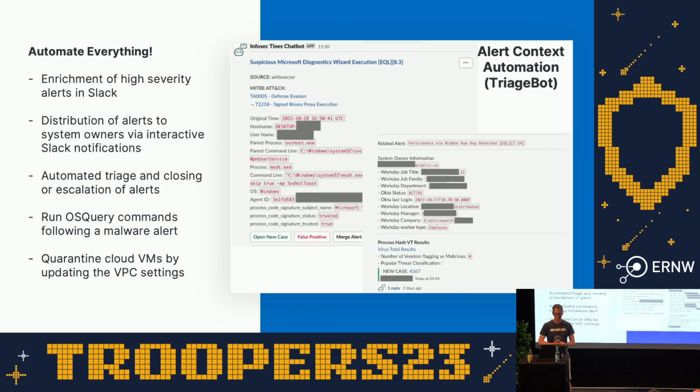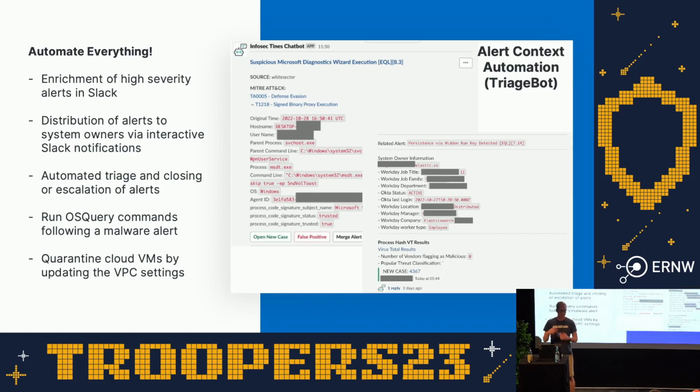OS query commands, that's one of the awesome ones that we can do stack native. In Elastic, we can say, after this alert fires, run this OS query pack. When we see a malware alert, we have an OS query. If you're not familiar, you can run queries on your workstations and get answers, and it's very powerful. You can get all the running processes, the memory information of all the running processes, environment variables, installed applications, installed processes, registry, files. We get all of this stuff. We do a full forensic investigation within seconds of your malware alert being triggered. And that gets added to the stack.